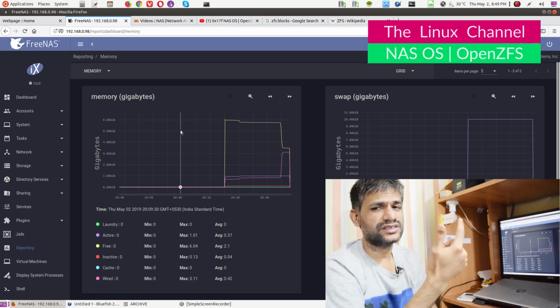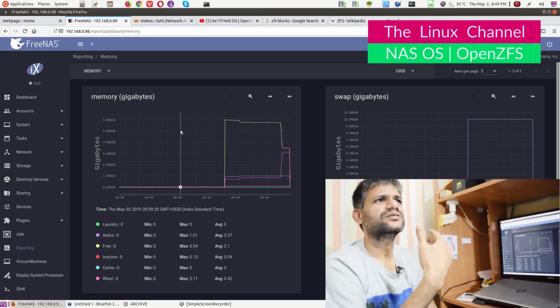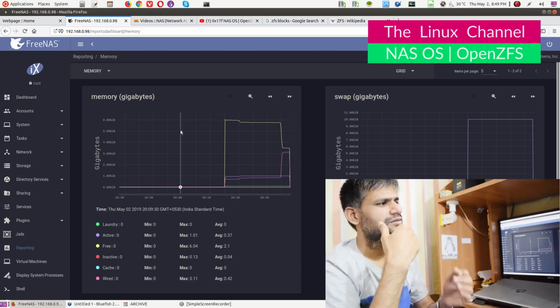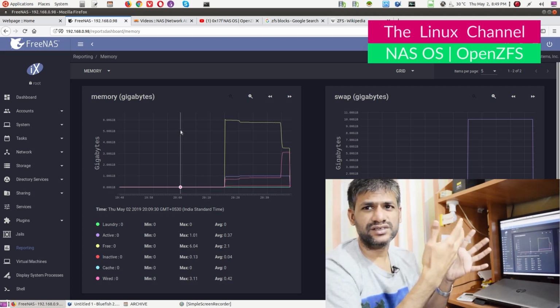I have installed in a single USB drive. I'm thinking to create a mirrored boot pool so that it can act as a redundant system. So once I get the drive, I may do the video shoot tomorrow so that we can all experience it live, so that as and when I do the changes, I can capture